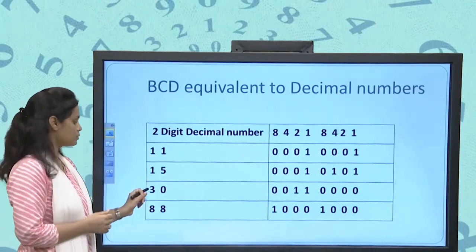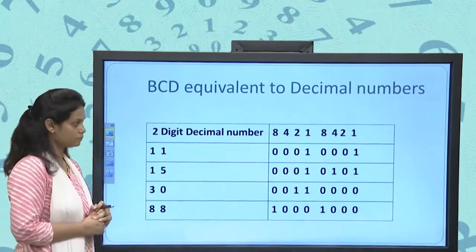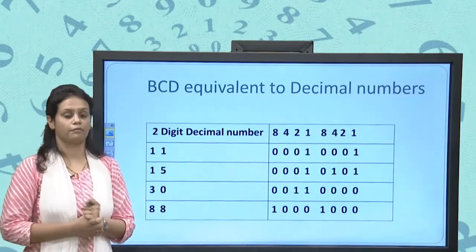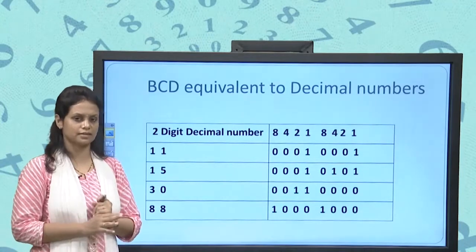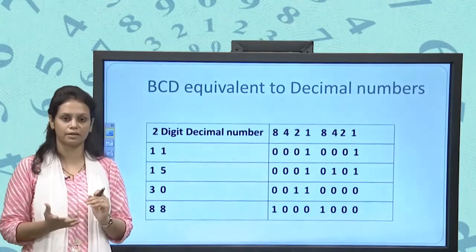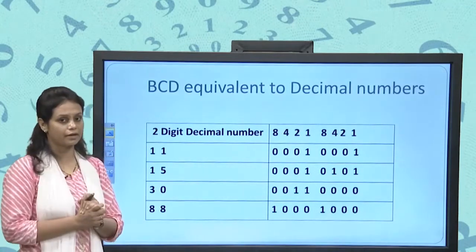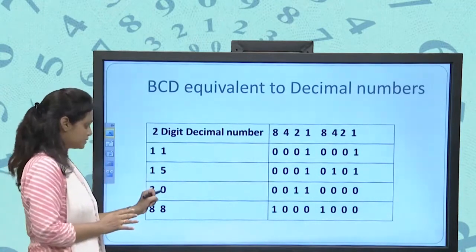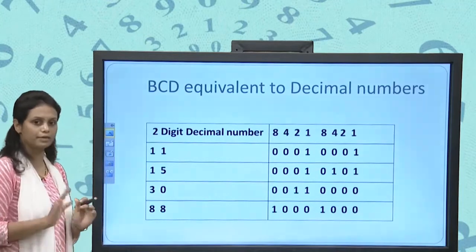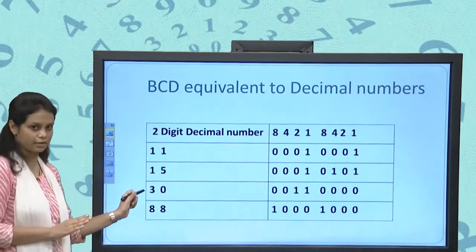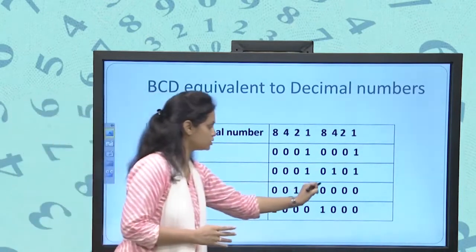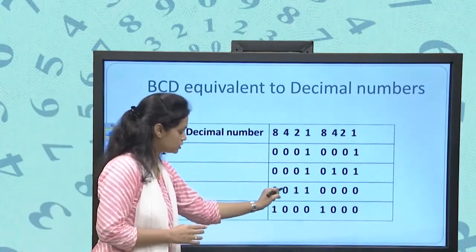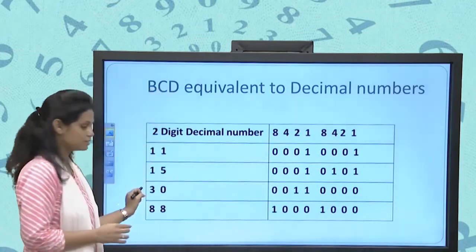We will see some more examples of 2 digits. Fine. Suppose we want to represent 30. Now I think you are all clear with the binary system. So we will just see the example of how to convert this to binary coded decimal. We have to use a 4-bit representation to display this 3, and a 4-bit representation to display this 0. So we will use 0 0 1 1 to display this 3, and 0 0 0 0 to display this 0. Fine.